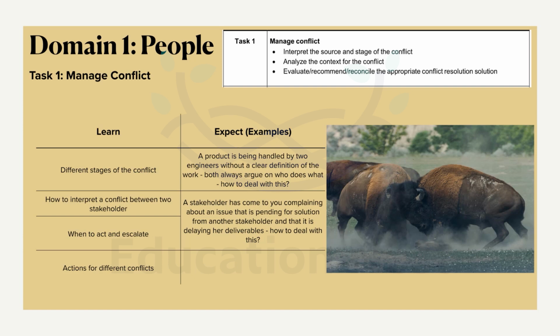So you have to bring both the stakeholders or teams together and then make them clear, the misunderstanding. I know it sounds very difficult to bring two people to come to an agreement. We'll learn about how to deal with these, and we'll go into much detail about what these different stages of conflict are, how we can interpret the conflict, when we should be escalating these things, and what actions for what type of conflicts. We move to the next topic.